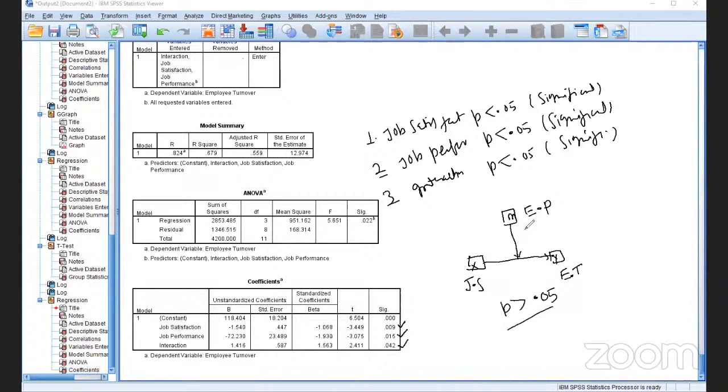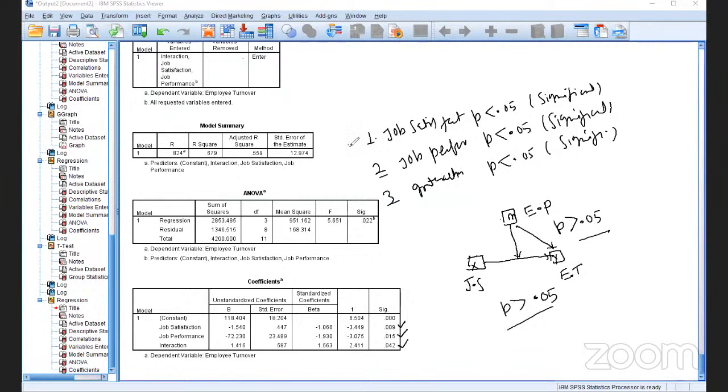And when we separately checked employee turnover and employee performance, the p value was also not below 0.05. But when we take the multiplication of x and m, the interaction effect, then we found a significant